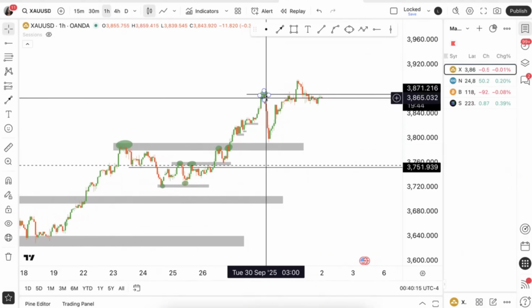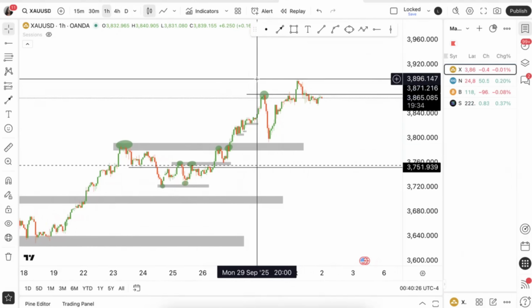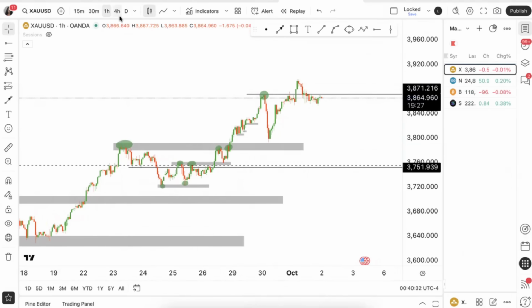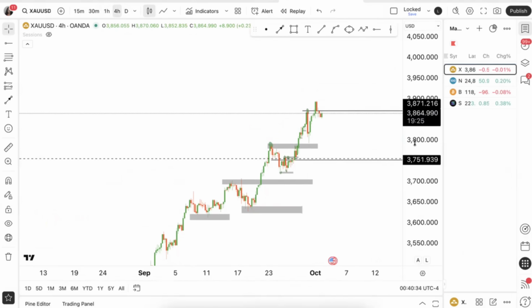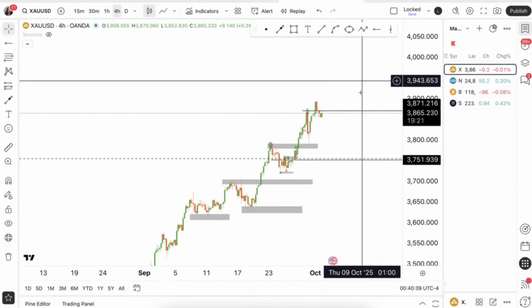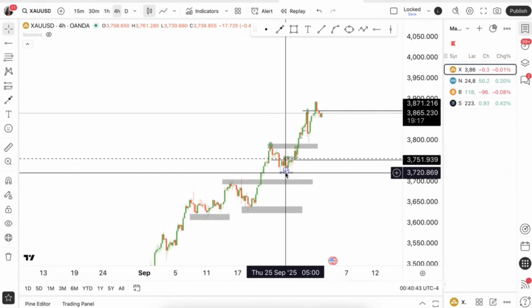Overall, on the gold market, we do have a new high above 3,870. So anything above this level could potentially push up. Honestly, we can head to 4,000 at this point by the end of the year. But I'm not going to make any predictions on that. But 4,000 looks pretty reasonable at this point. And with gold, I haven't really traded much. You can see that we're building those higher lows, those higher levels of support.